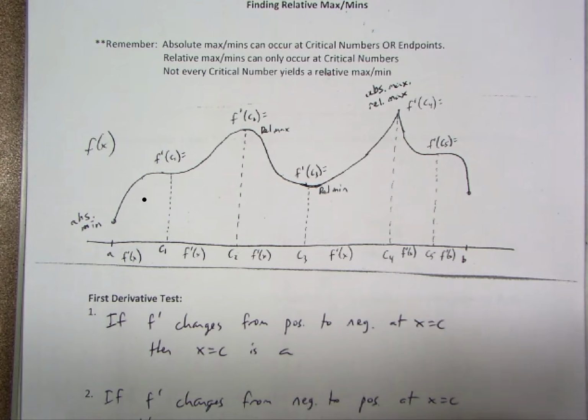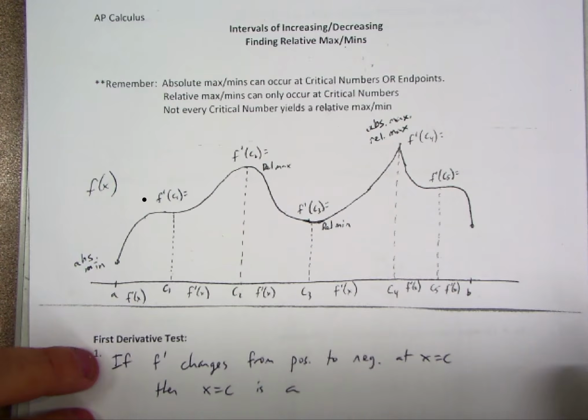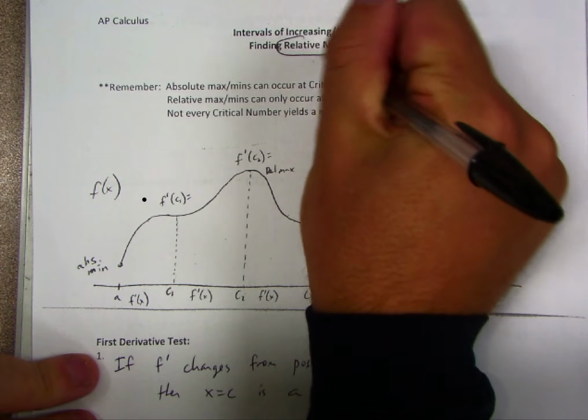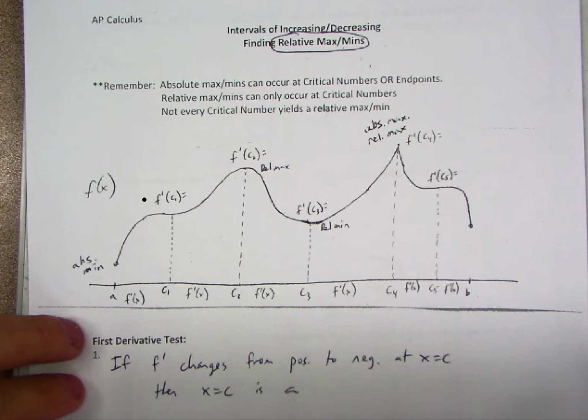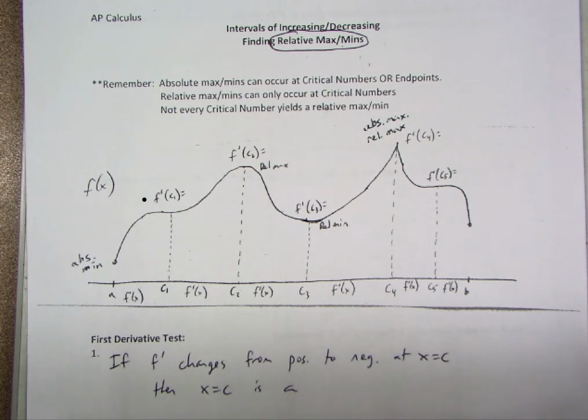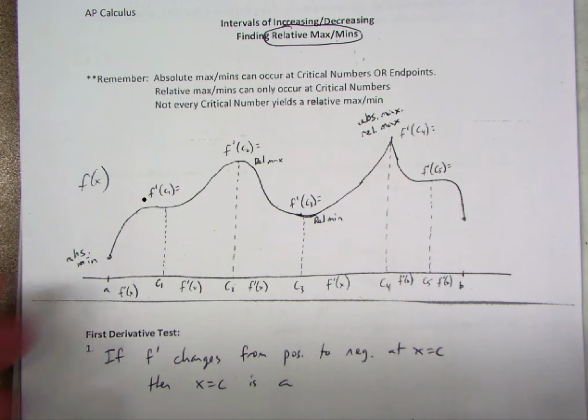So the other day we talked about finding absolute max and mins. We started by finding critical numbers, and we took those and endpoints and plugged them into the original function and found the biggest output and the smallest output. In that lesson, I also said we are going to start talking about finding relative max and mins as well. I talked about what they were a little bit, but I said this lesson is all about how we find